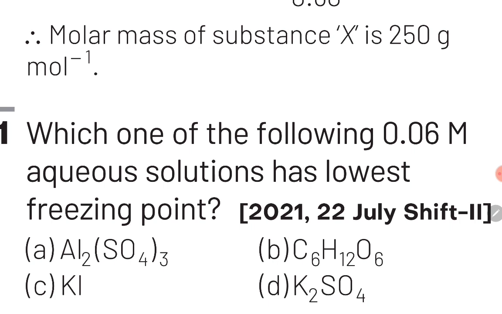इसका मतलब स्टूडेंट्स, colligative property will be directly proportional to Van't Hoff factor. कैसे यहाँ पे हमें ये चेक करना है कि कौन से ऑप्शन का Van't Hoff factor maximum है, and that option will have maximum colligative property. Guys, in this question, the colligative property that we are going to analyze is depression in freezing point. So this is the main concept of this question. Let's observe this in the solution in the next slide.